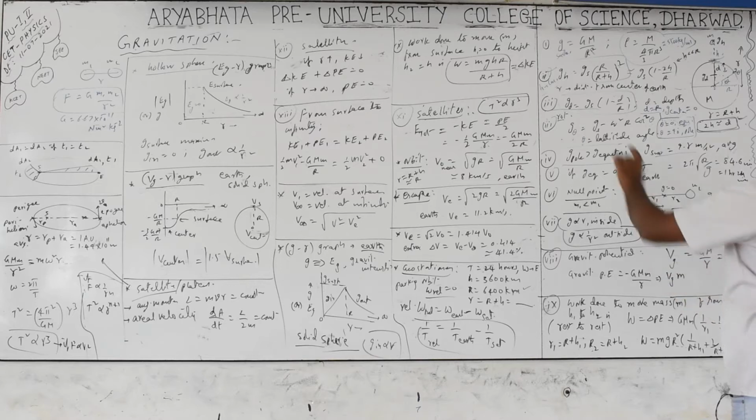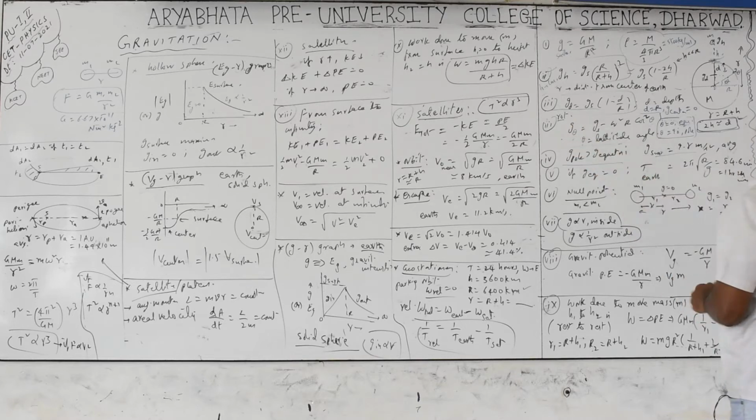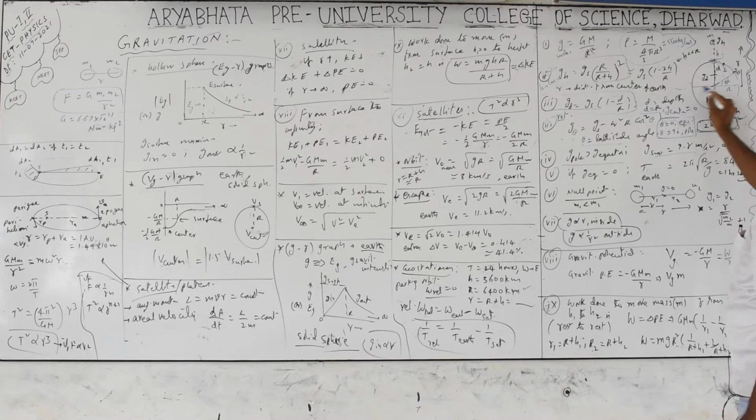And we are going to use the term called latitude angle. The latitude angle is nothing but the angle between the line joining the center to the given point and the radius at the equator. That angle is called the latitude angle. Symbols can be taken as lambda, theta, phi, alpha, etc. There is no fixed symbol for this latitude angle. At the poles theta becomes 90, and at the equator theta equals 0 degrees. Here it is 0 degrees and here it is 90 degrees.